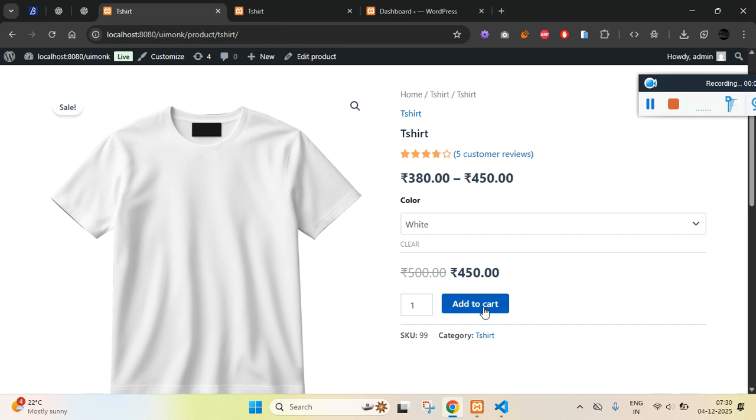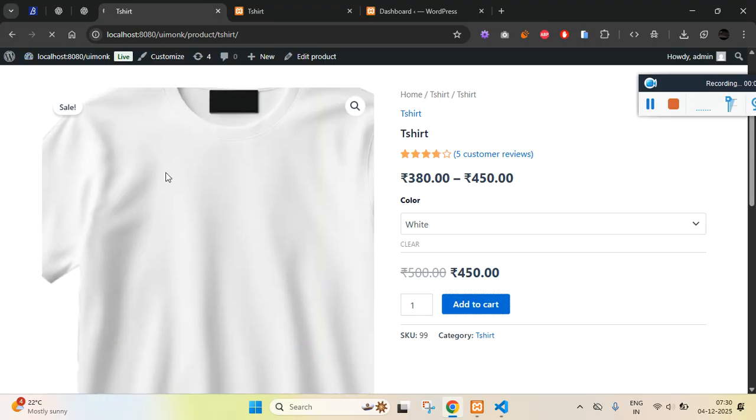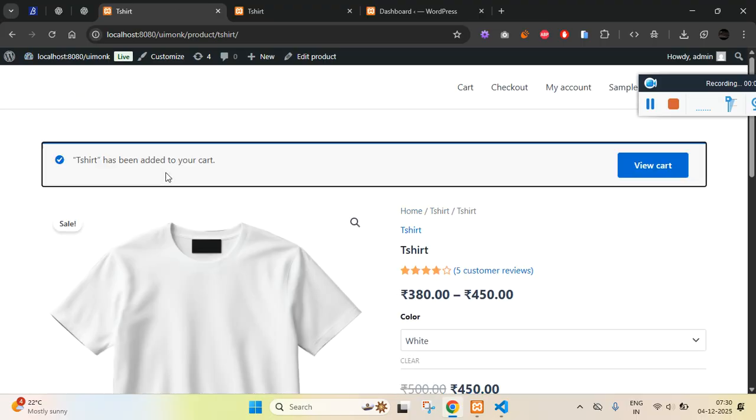When I click on add to cart, you'll see the Ajax is not going to work. Instead, the page is going to get reloaded, and once it is reloaded, you'll find I have added this with my custom code, but this is the other way. I just wanted you to understand that there are two ways, one with Ajax and one without Ajax. Here, since Ajax won't work because as I click, the page is getting reloaded,